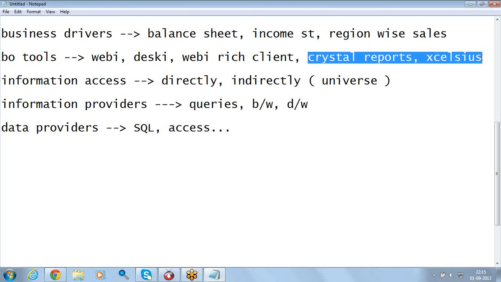If you have the universe, it's fine, you can generate the reports. If not, there isn't a problem either. You can get the data directly from the data sources and generate the reports. But for Webi, Deski and Web Rich Client, the universe is mandatory.